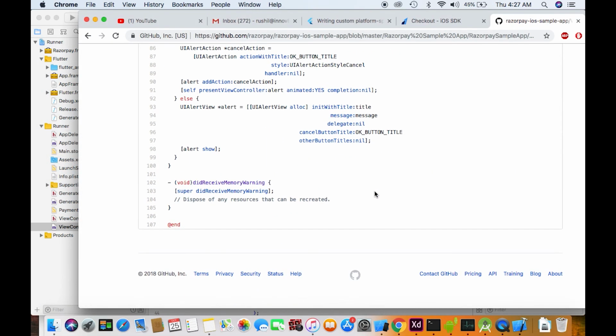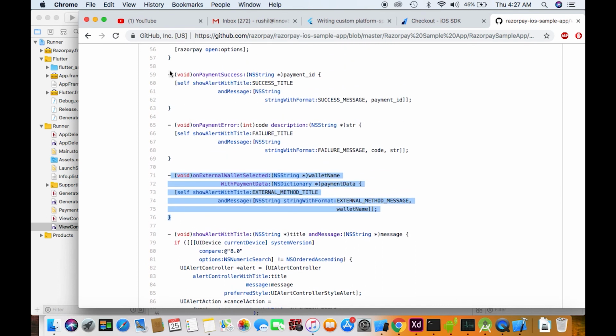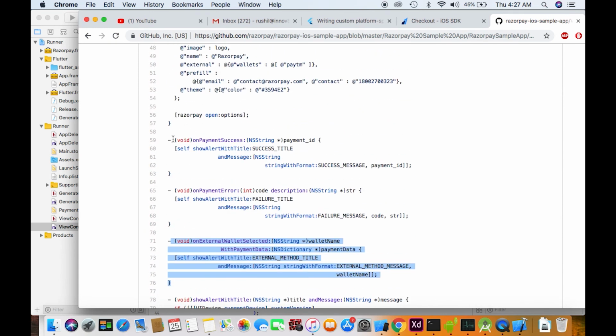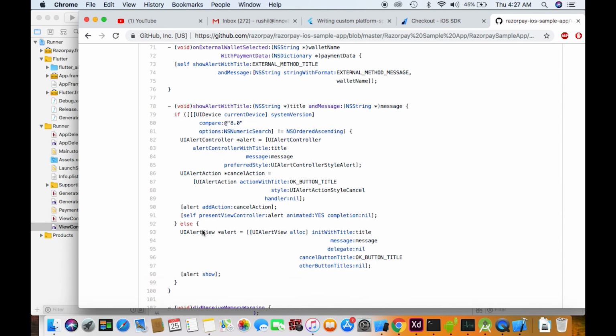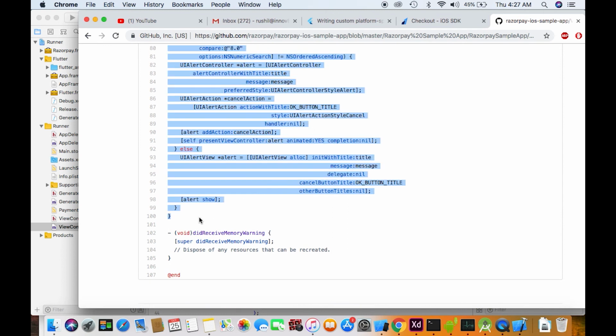So it's pretty much the same thing. This is standard code that we are using. It's all available on the Razorpay website or in their GitHub account.